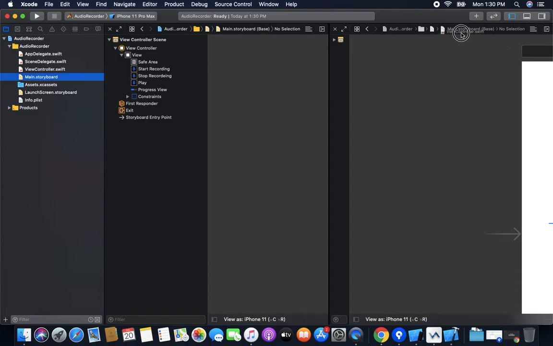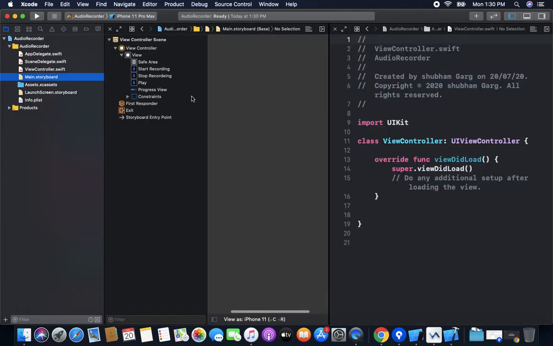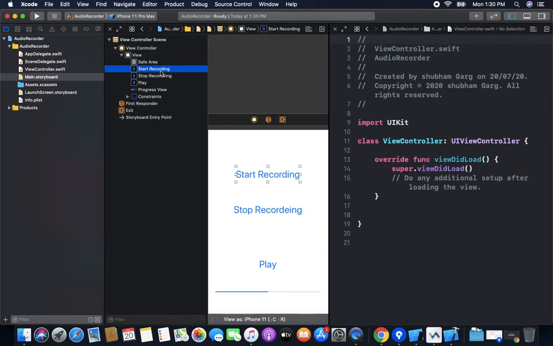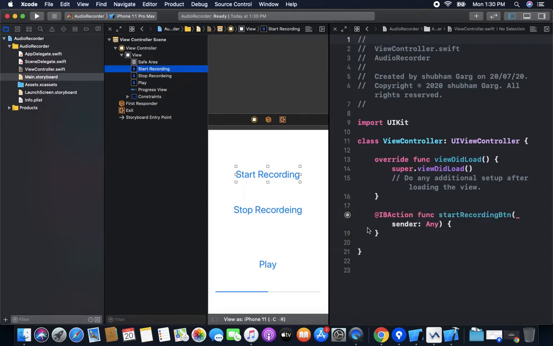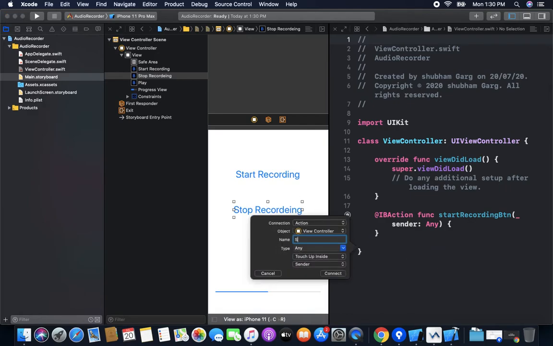Open view controller here. We need an action for this button. So start recording button. Stop recording button.